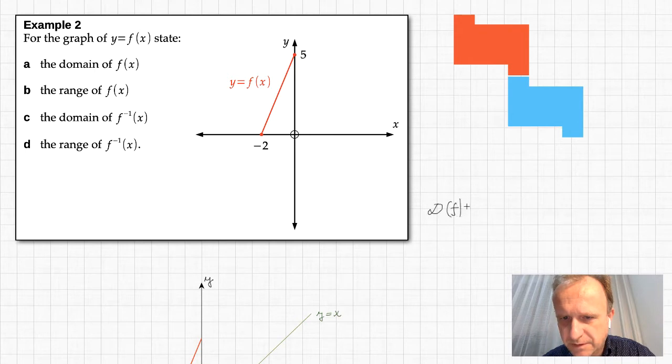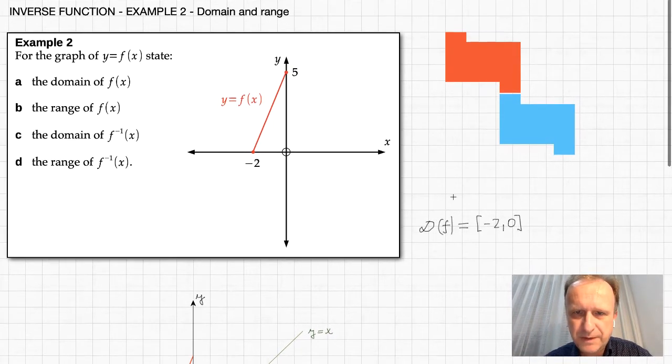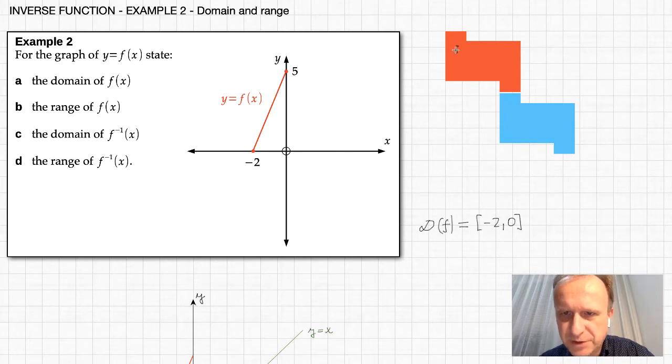f is just the interval of all values of x between -2 and this value here, which is the value of 0. So what I could write is this, -2 to 0. So this is the interval of all values that can be input into the machine representing the function f. Function f is represented here by this red machine. So anything from the interval from -2 to 0 can be fed into this machine,